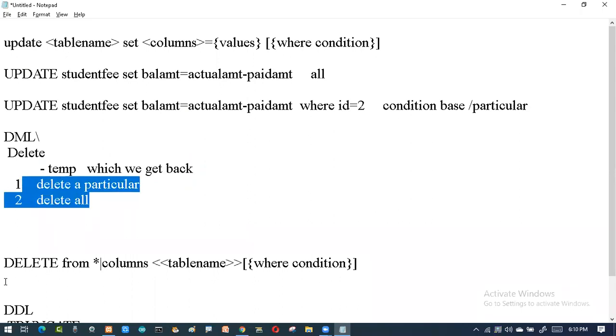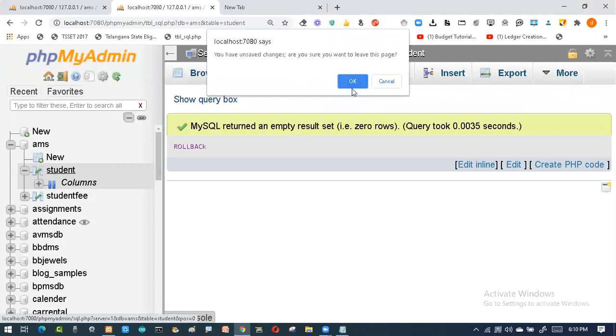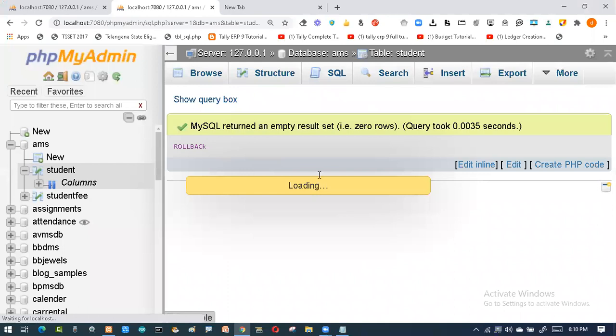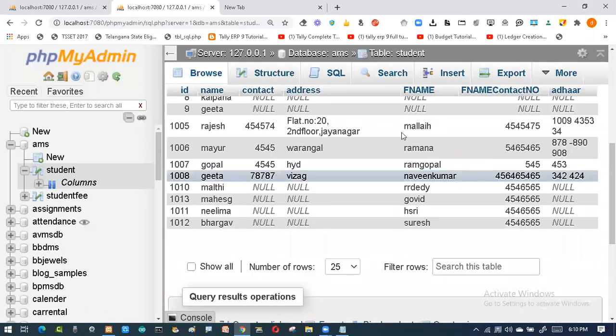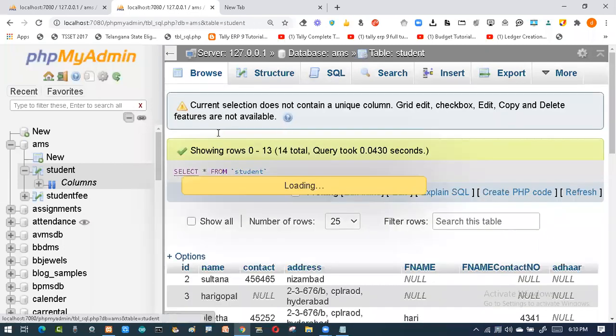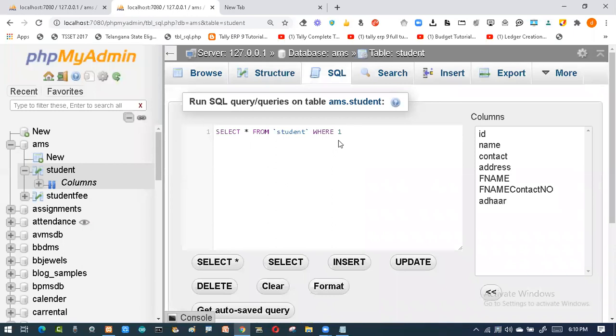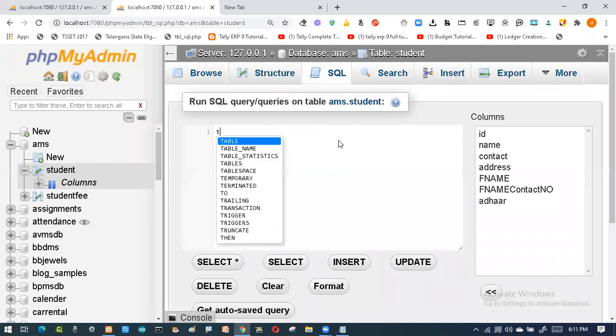So unfortunately, if you deleted the records, you can get them back. But when I'm going for truncate, what will truncate do? I'll go to the student table. So this is my data. I want to erase all these things. So I go to my SQL and simply I'll say truncate.